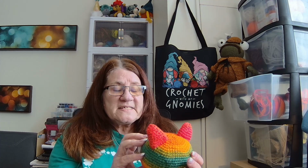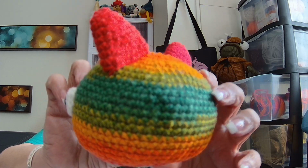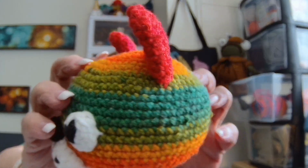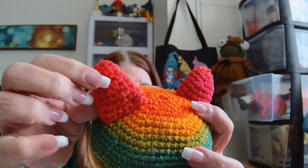But on this one, folks, I decided to crochet it with an E. And this is a 4-weight hook. I mean, 4-weight yarn. Oh my word. Now, I don't know if it's the hook or what, but my stitches, look at that, guys. Even with stuffing him, and look at the stitches here, they are so